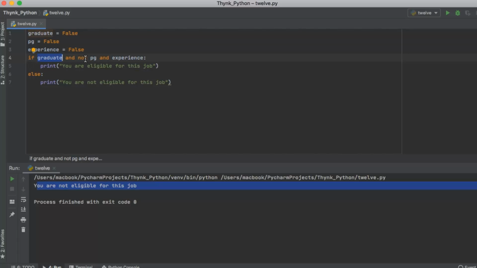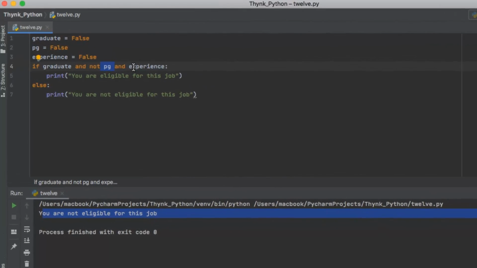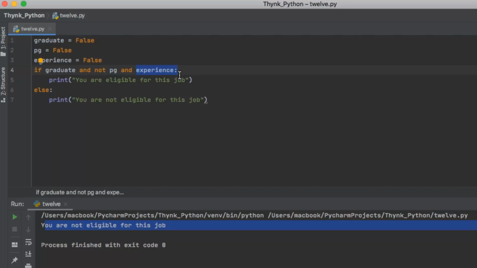I don't want the candidates who are PG, so that's why I've said not PG, but I want the experience. So here the condition, let's make all the conditions to be true. So PG is also true and the candidate is having experience also, correct.